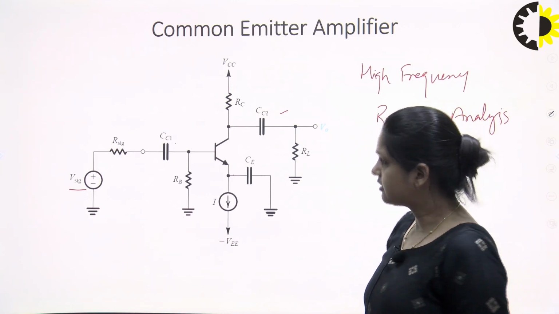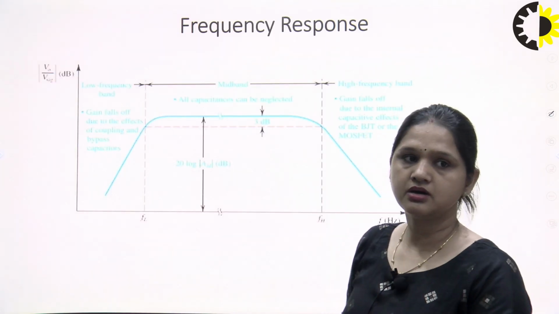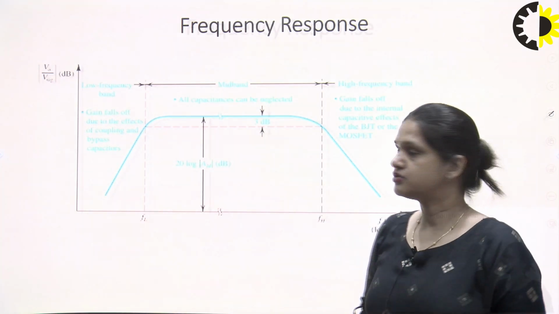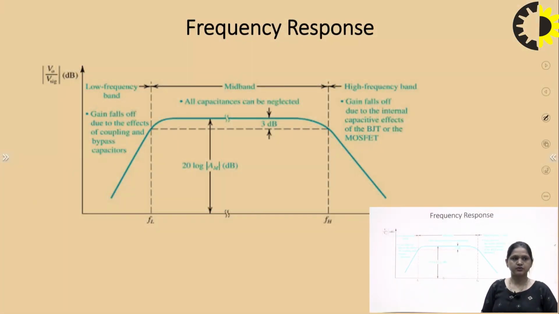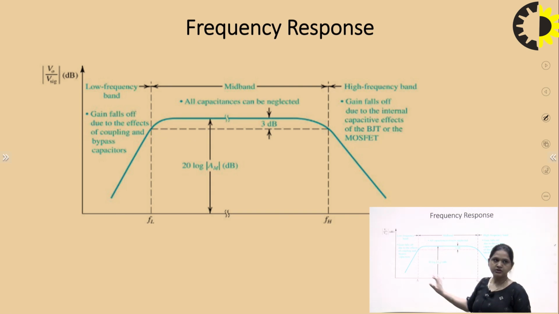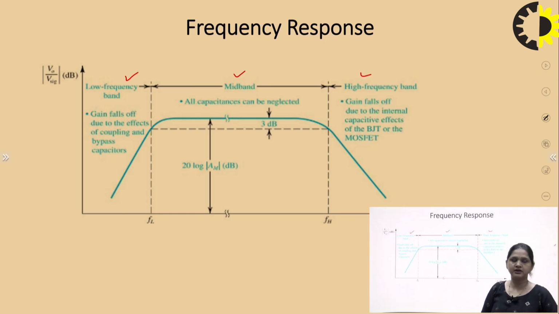Common emitter amplifier configuration is the most important configuration for your exam. Just have a look at this frequency response that we have already seen in the previous lecture too, but it is very important and can be asked in the exam, like draw the properly labeled frequency response of amplifier. This is the properly labeled diagram where three bands are represented: low frequency band, mid band and the high frequency band. So the analysis can be divided into three parts.